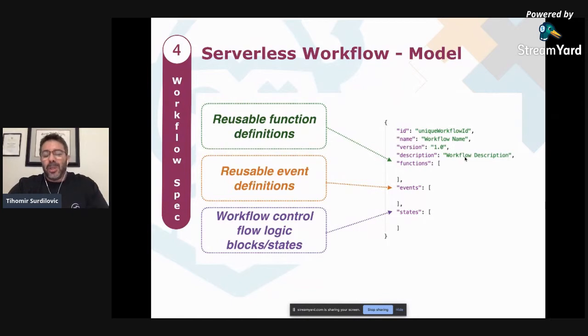The second thing is events. Because all of the microservices or services that we're trying to orchestrate on cloud platforms are event-based or event-driven, we can define a list of reusable event definitions.